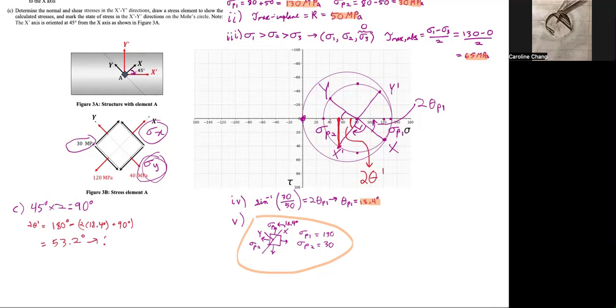And thus theta prime will be equal to 52 degrees divided by 2, which is 26.6 degrees. Okay, so now we can use this angle in order to determine our shear stress and normal stress. So first our shear stress, which is tau prime, is going to be equal to